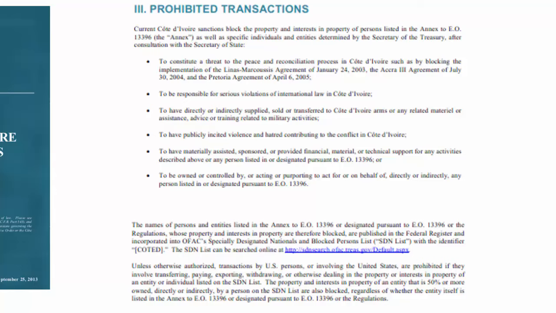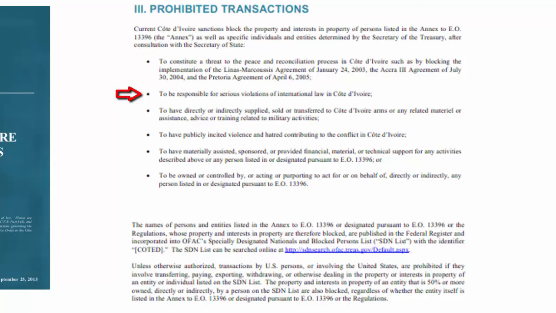If these individuals or entities have engaged in these activities, it's a prohibited transaction: to constitute a threat to the peace and reconciliation process in Ivory Coast, such as by blocking the implementation of a given treaty, an agreement from January of 2003, a couple of other agreements, standing in the way of the peace process, individuals and or entities.